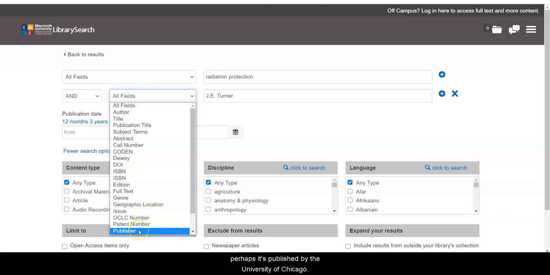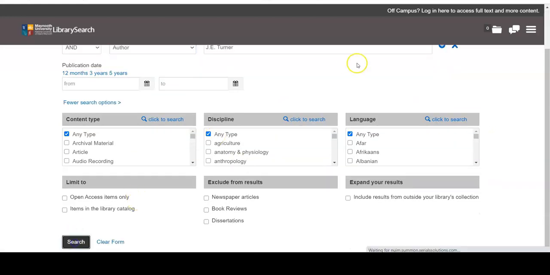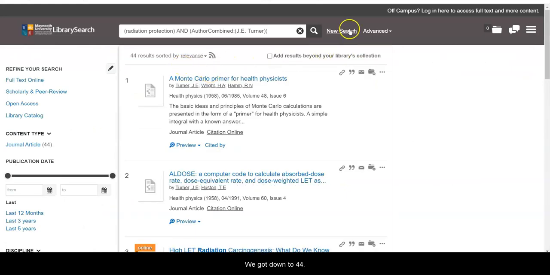Or we can have publisher. So perhaps it's published by the University of Chicago Press, the Royal Dublin Society, the Royal Irish Academies. Okay, so you can actually tie in publisher. So this is the author. Okay, and we can search this now, and we'll get back. Oh, we've got down to 44